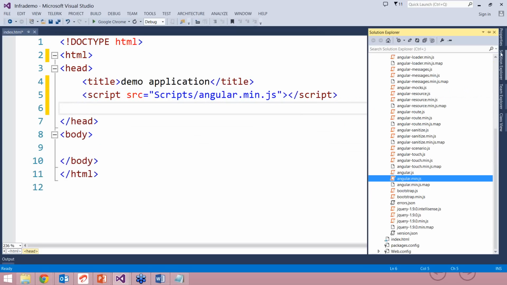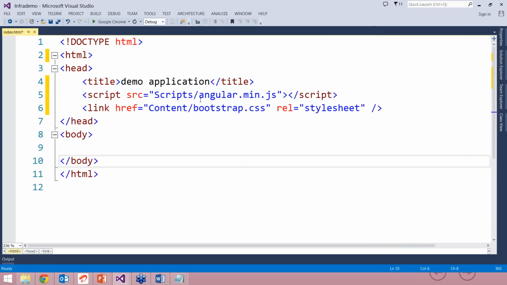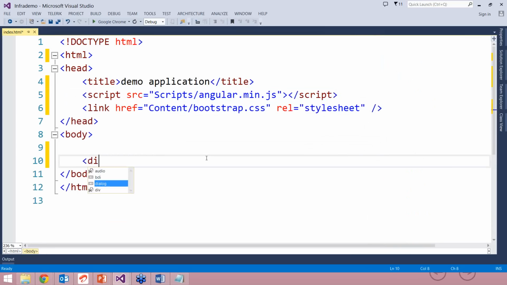need bootstrap.css as well, which I can add from content and then bootstrap.css. So here what I have done, in line number 5, I added a reference to angular.min.js, and in line number 6, I have added bootstrap.css. Keep in mind that to work with AngularJS, you don't need Bootstrap. I'm adding it just to make my application more immersive. Great. So now I'll go here and say div class as container,